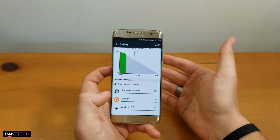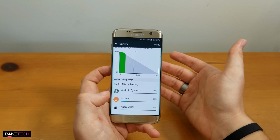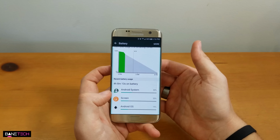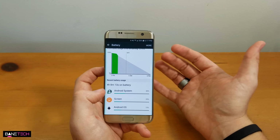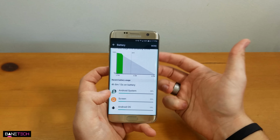Battery life has been a great experience with this phone. I've been able to get through the whole day, and that includes doing some really heavy usage. I consider myself a power user. I'm using the phone for everything that you can use the phone for. That's videos, taking pictures, phone calls, emails, text, social media. I usually have the screen on full brightness all day as well, and I'm able to get some really good